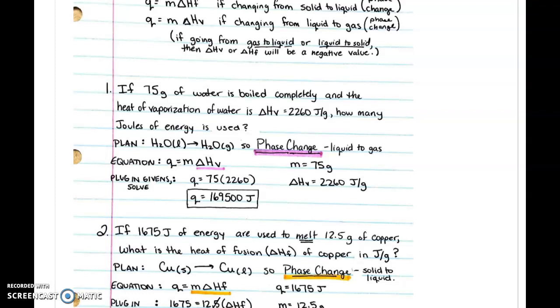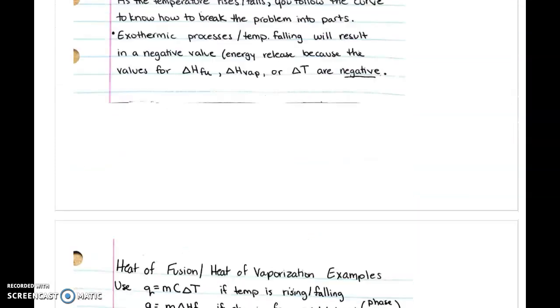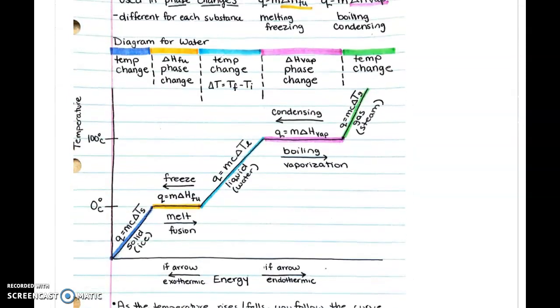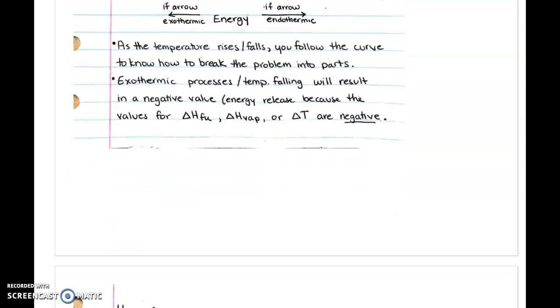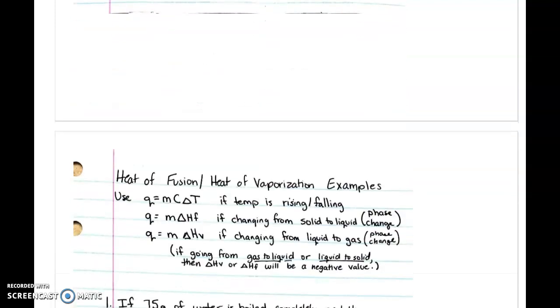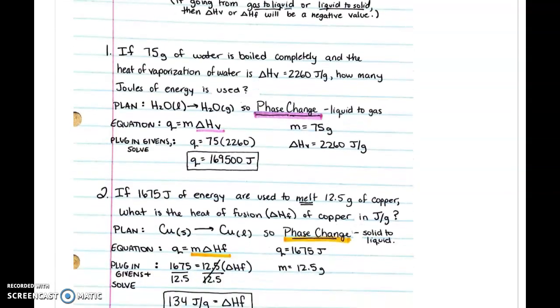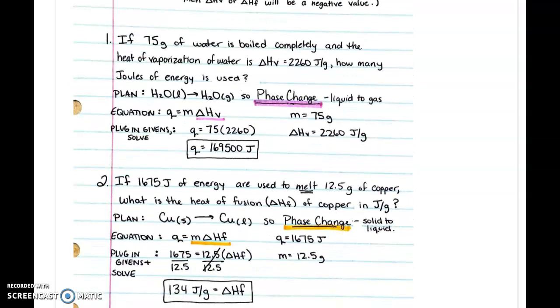And you see how I have these all color-coded for you? So you can go back up here to the phase diagram and see what part I am referring to. Okay? Tried to get it simple for you guys because it's a lot to talk about at once. We are using our plan system. It seemed to work really well in reaction conversions. I'm sticking with this a little bit just so that we can get some continuity going on between all of